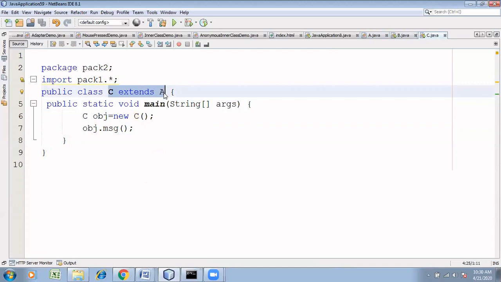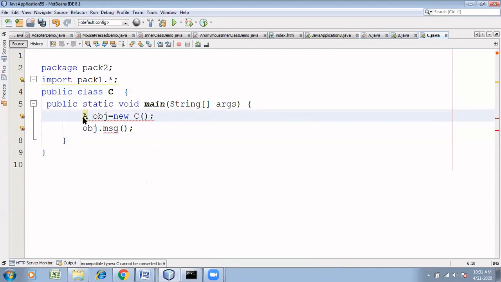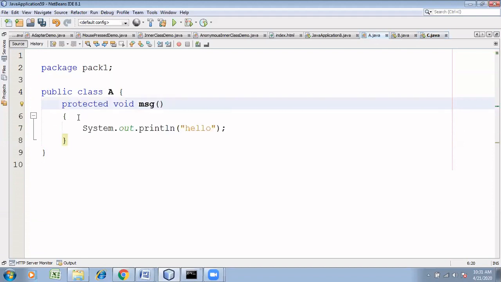Shall we move to the last one, which is private? Instead of protected, I will make it private. Now, private void message.